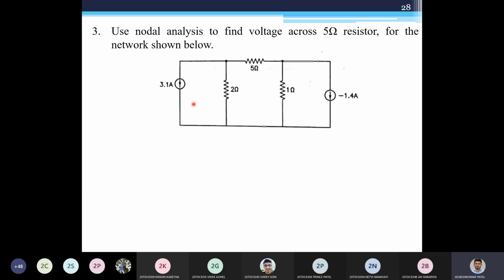Now here you can see something different: this is not a voltage source, and neither is this a voltage source. These two are known as current sources. A current source is represented like this. Whenever you have a current source, it is represented like this. Okay. Earlier we had a voltage source. At that time we either had this sign or this battery sign, but whenever you have a current source you will have this kind of sign. Okay, an encircled arrow, and the direction of this arrow defines in which